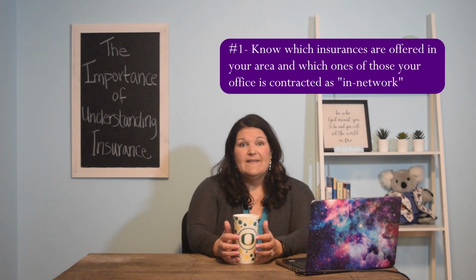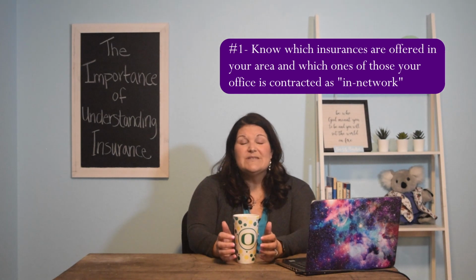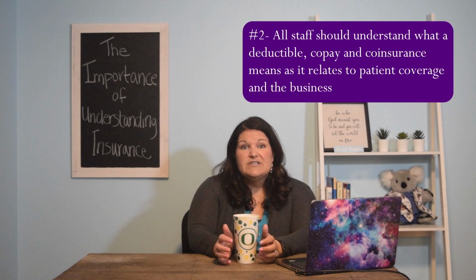Now, the first thing that they need to know, and even you, is what insurances are offered in the area and which ones your specific office is contracted with to be considered in network. That means when patients come to see you, they get the biggest bang for their buck essentially through their insurance company, and it's going to be covered the best. That's number one. Number two, your staff needs to understand what a deductible is, what a coinsurance is, and what